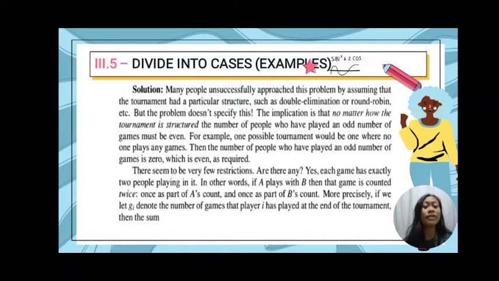Siyempre single, dalawang tao, A at ang B. In other words, if A plays with B, then the game is counted twice. So kadalawa siya, twice siyempre, kadalawa. Once as part of A's count, and once as part of B's count. More precisely, if we let Gi denote the number of games that the player i has played at the end of the tournament, then the sum